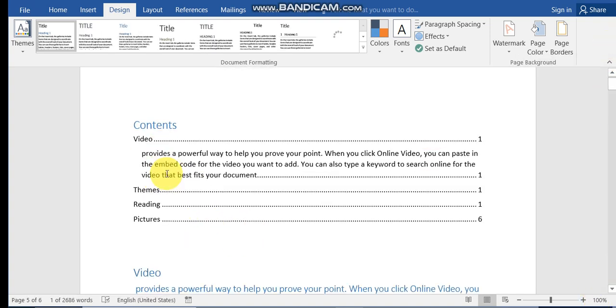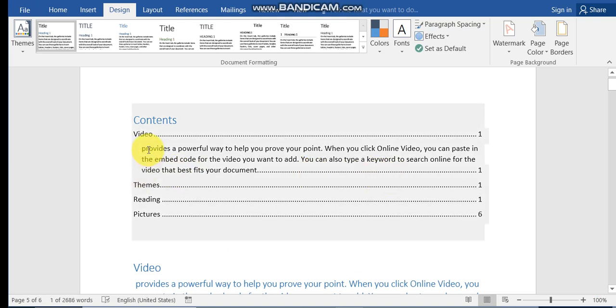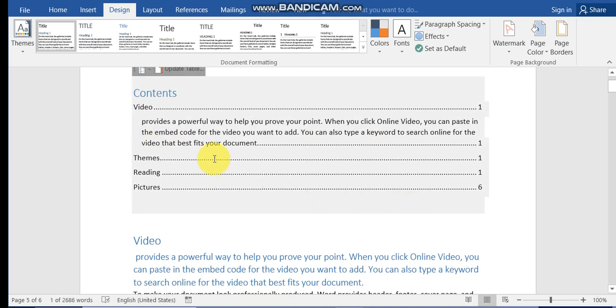We can see which page number this content is contained on. In this way we prepared an index in